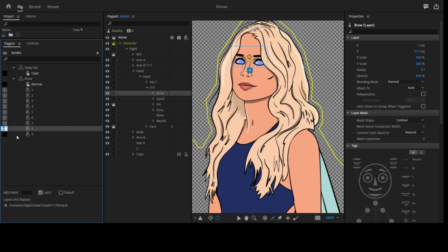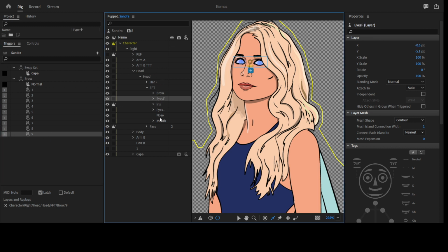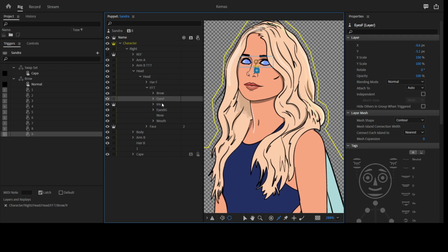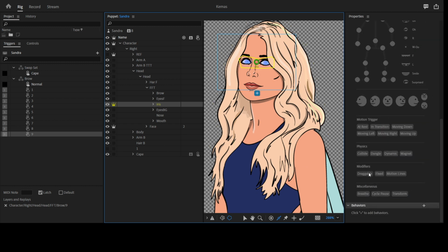Make 8, and then 9. Now we'll come to the eyes. There are 2 eyes here: the eyes forward and the eyes back. Let's do the iris, and then add a dragger there,